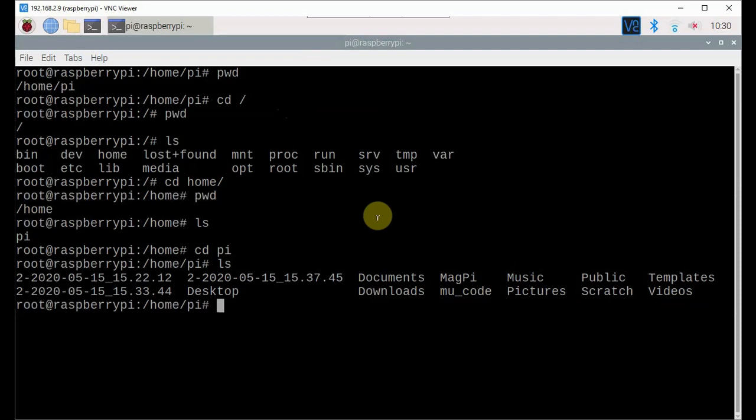If you want to go to the desktop directory, then issue cd desktop. Then currently you are at the desktop directory.